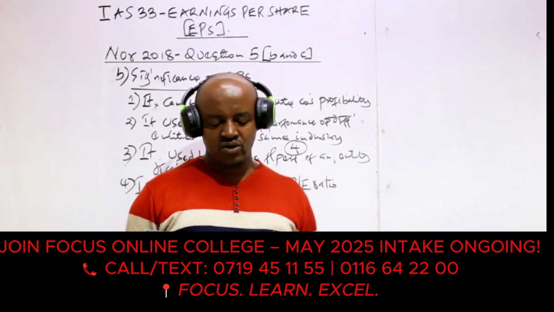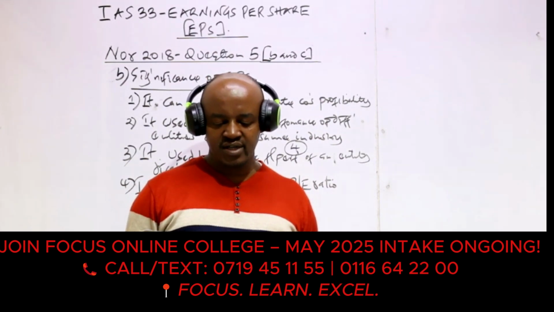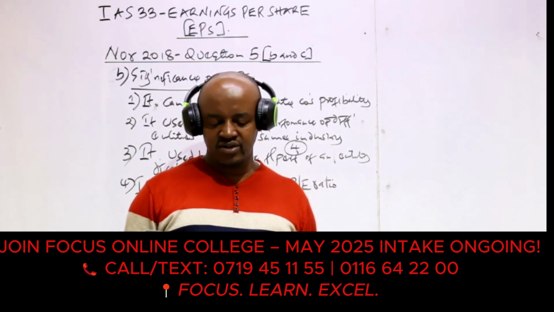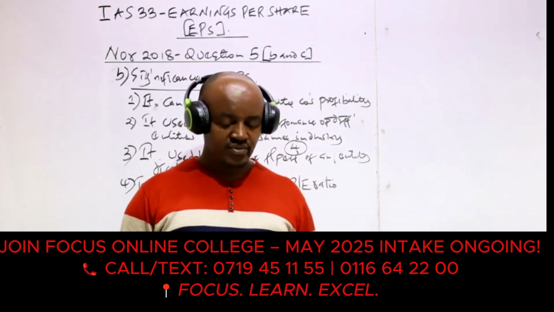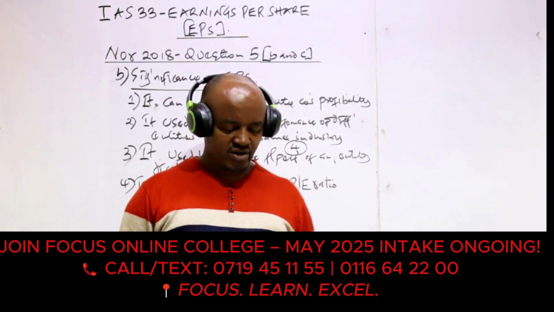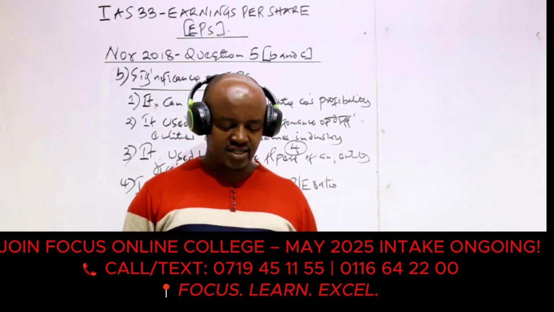Number three, on 30th of June 2018, a bonus issue was completed by capitalizing shillings 135 million of the retained earnings. And number four, on 31st of July 2018, the preference dividends for the year and equity dividends of shillings 23 were paid. So from this information, number 1, we are required to compute the basic earnings per share for